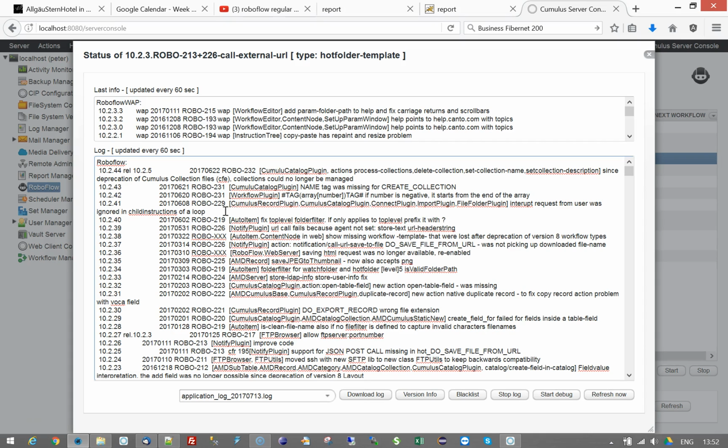You might say, I don't interrupt my workflows that many times. True, but Roboflow should always be installed with a daily restart. Imagine that you have a very long process running and it's not interrupted by the interruption call done by the stop script, then you might have problems. So that's something that is avoided